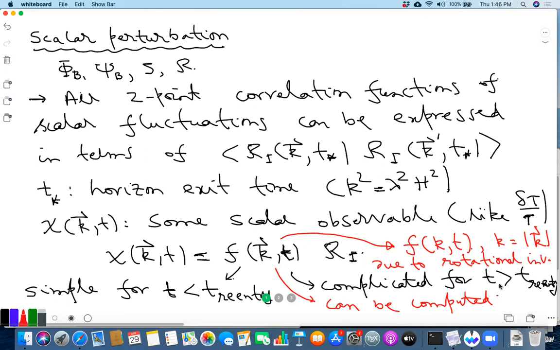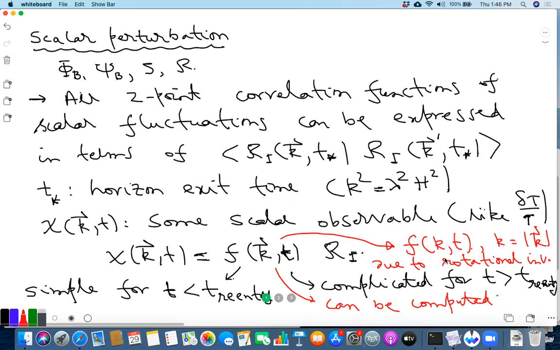The fluctuations are of course not rotationally invariant. But it's already first order in fluctuation. R_i and chi are both first order in fluctuation. So here we only need to take into account the effect of the background. And because the background is rotationally invariant, it's clear that F cannot depend on the direction of k. It can only depend on the magnitude. So I'll write this as k, which by definition is the magnitude of k. Is this point clear?